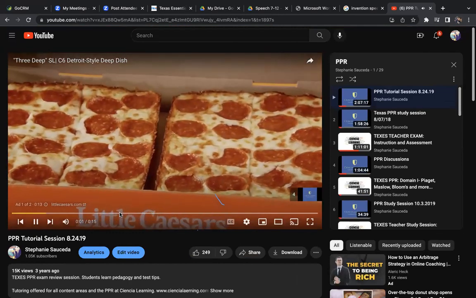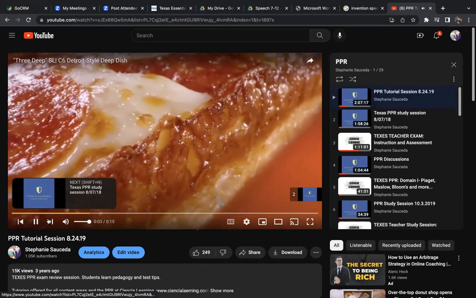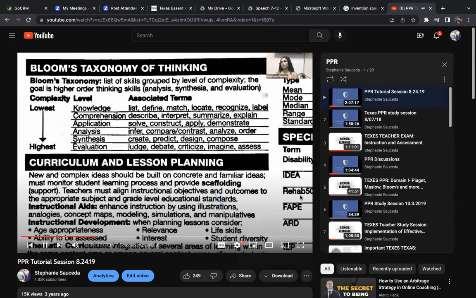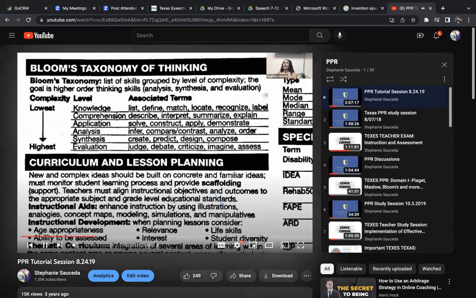So in this, the Detroit-style deep dish pizza from Little Caesars with crispy caramelized cheese crust. So judge it, but I go over